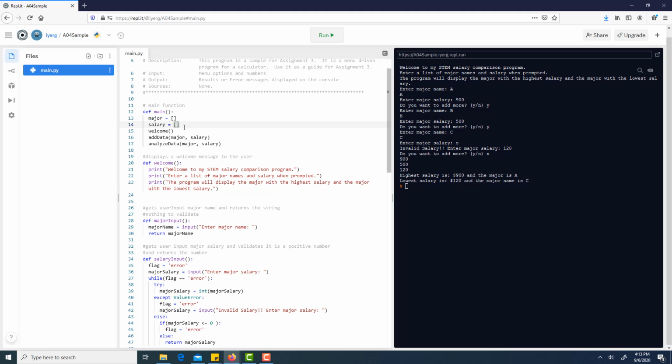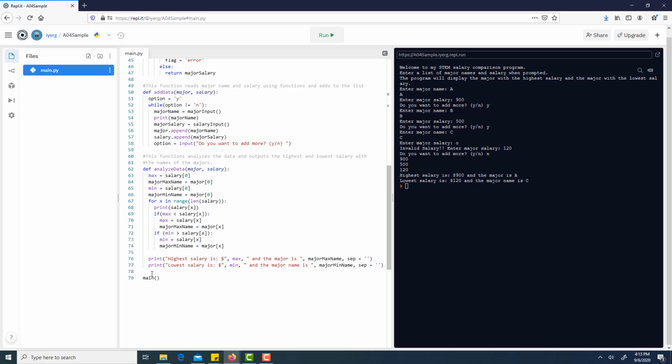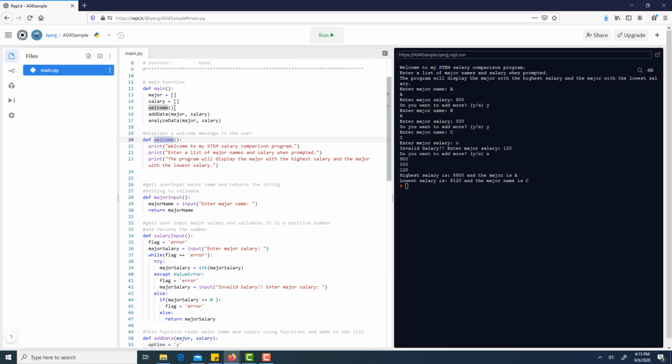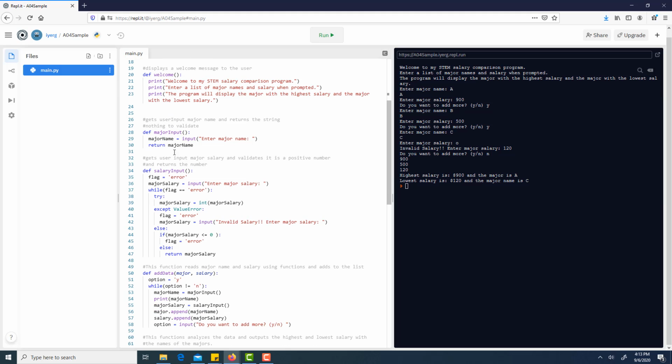I have declared two empty lists with square brackets, right? Then I call the welcome function. So this is all you should have initially. Of course, write the welcome function and then call main at the bottom. Don't write anything more. Once you get that working and your welcome message displays well, then let's go and